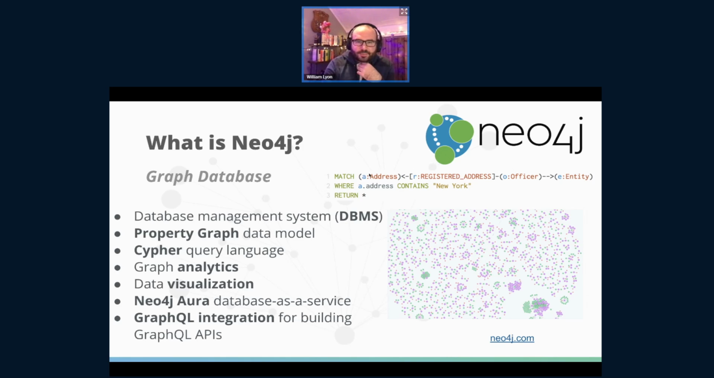So this is saying find addresses that are connected to an officer node through this registered address relationship, and then find all of the entities connected to that officer. And then we're filtering where the address contains New York. So this is saying find all of these entity nodes that are connected to officers with an address in New York. This query comes from the Panama Papers data set, which was a large-scale data journalism investigation that was looking